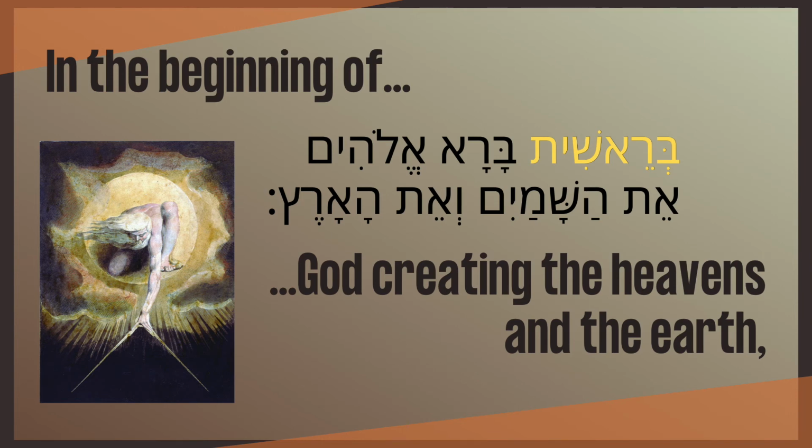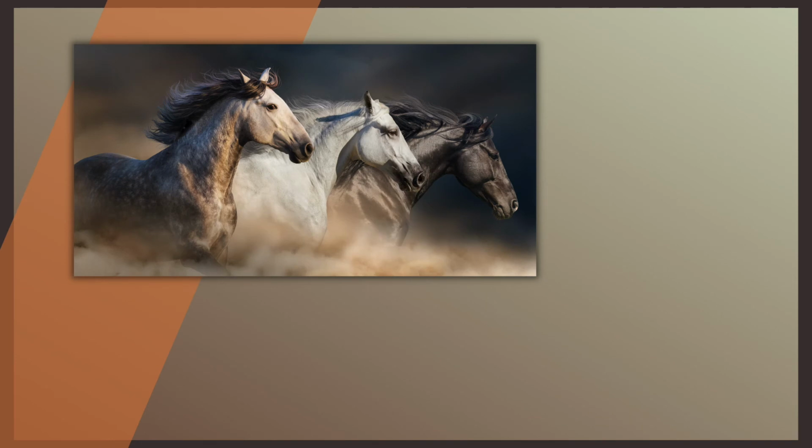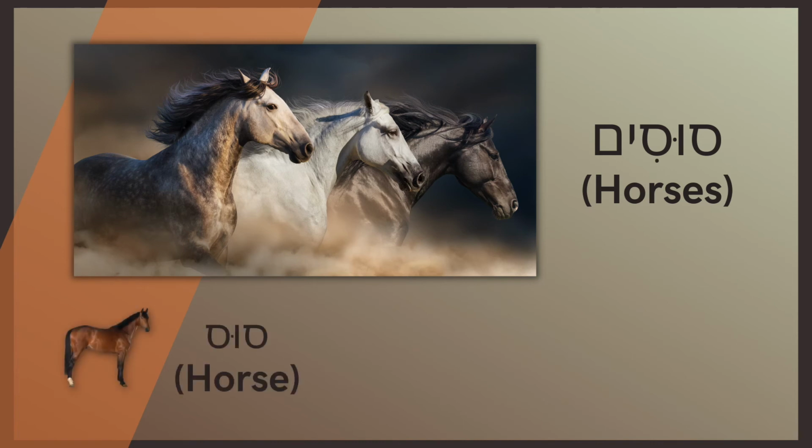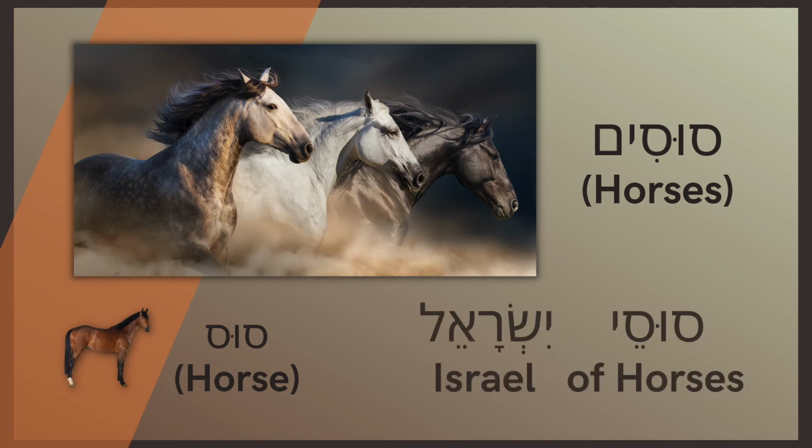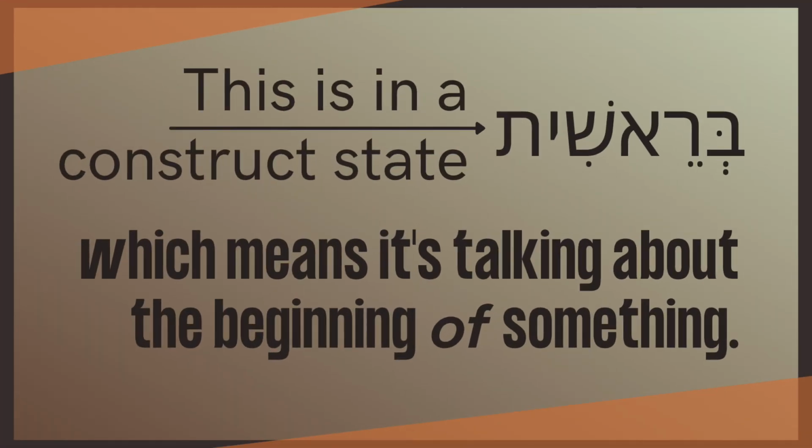Again, for a word to be in a construct state basically means that it's something of something else. For example, if I wanted to talk about male horses, I would say susim. That's just the masculine plural form of the word for horse, sus. But let's say I wanted to refer to the male horses of Israel. I wouldn't just say susim Yisrael. I would actually have to change the word for plural male horses into a construct state. It would be susei Yisrael. That's horses of Israel. It has that of element, and so the construct state lets you know that it's something of something else. So again, Bereshit is in a construct state, and so that means it's talking about the beginning